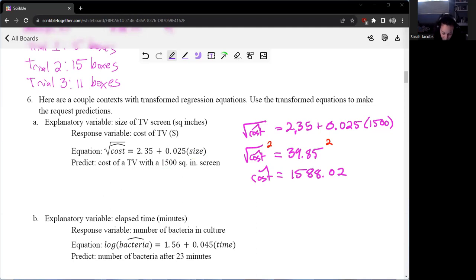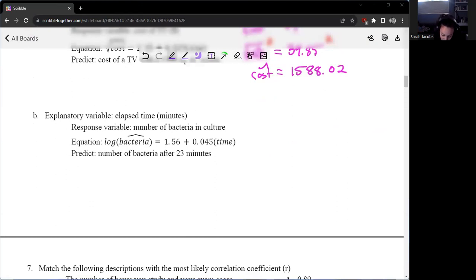Okay. Again, same deal. We want the number of bacteria after 23 minutes. So minutes is our time. We're going to replace the time with 23. And this time we have a logarithm. So the log of the predicted number of bacteria is 1.56 plus 0.045 times 23. And so 1.56 plus 0.045 times 23. So we get that the log of the predicted number of bacteria